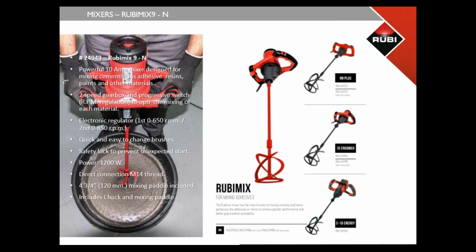The other great feature is the M14 threaded connection paddle. The paddle it comes with has a unique helix design. When I started out, I used to lift the mixing drill up and down in my mud, and I didn't know it at the time, but I was creating air in my mortar, which is not good for it. This helix design takes the surrounding product in the bucket from up top and disperses it down through the bottom,